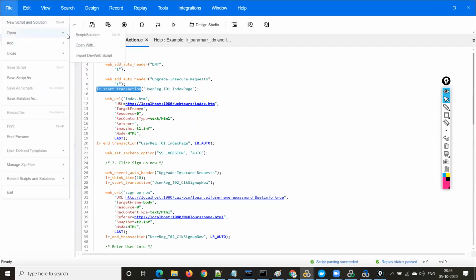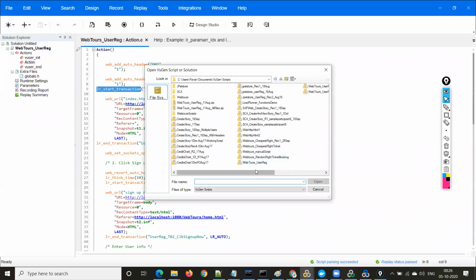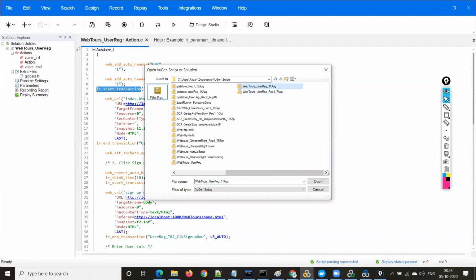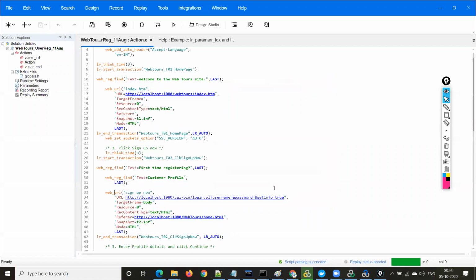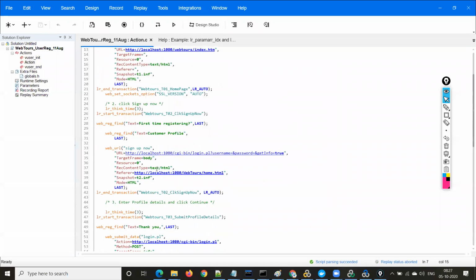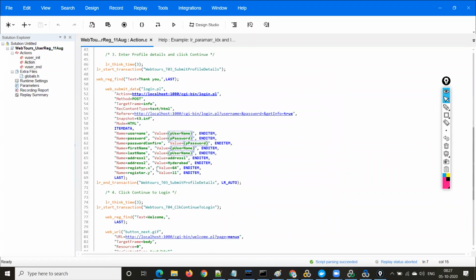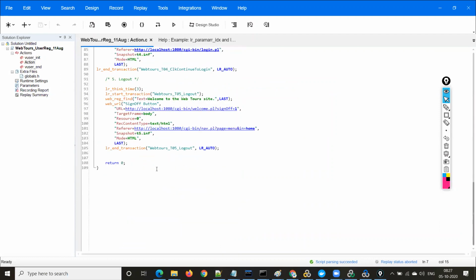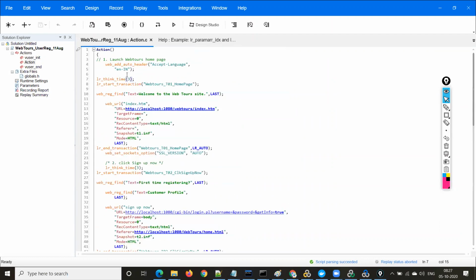Let me open some other user registration script. This script has start transaction, web_rec_find, and everything. Think time is not right, so we have to change the think time. What think time do we have to use instead? 10 seconds. Okay, so let's change this.